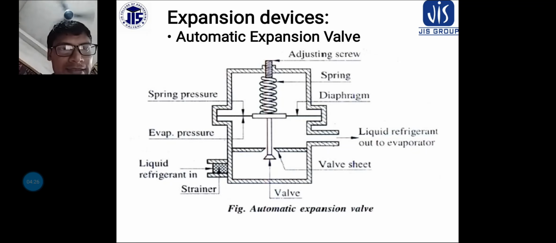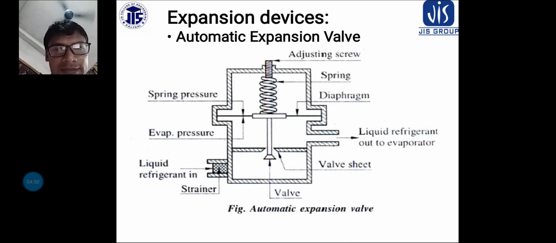It is a diaphragm or bellows operated valve with the evaporator pressure acting on the lower side of the diaphragm, and atmospheric pressure plus adjustable spring pressure acting on the upper side.